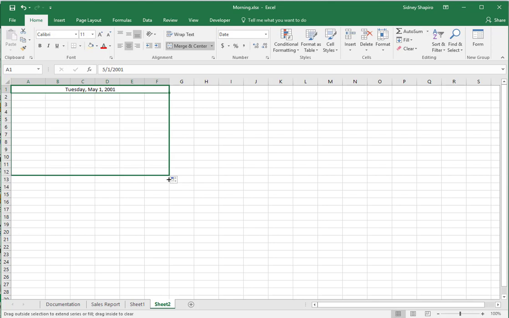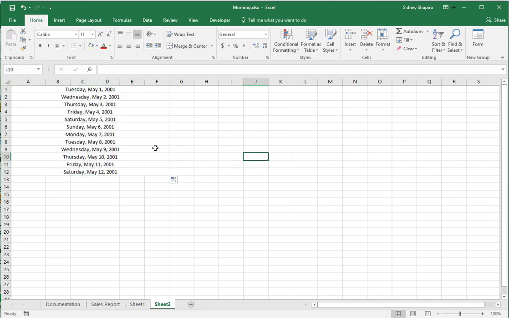Let's drag down a little bit. When I drag down, it just copies them in sequence. So it will tell me May 1st, May 2nd, May 3rd, etc. But you'll notice that if I go up here, the numbers for the dates are like that. If you type in a number and it doesn't format it properly, then you know that Excel didn't store it as a date, it just stored it as text,